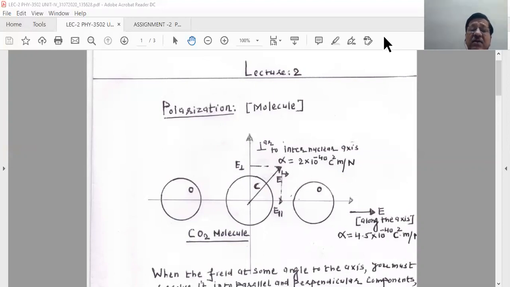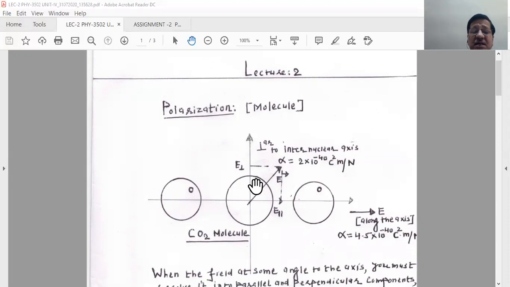See, I told you that whenever you have a molecule and when you study the process of polarization of a molecule, it is a little bit complex because it is found that in certain directions a molecule is easily polarized, and there are certain directions in which polarization of the molecule is complex. So we would like to understand why polarization of a molecule is complex. To understand this, let us consider a simple case.